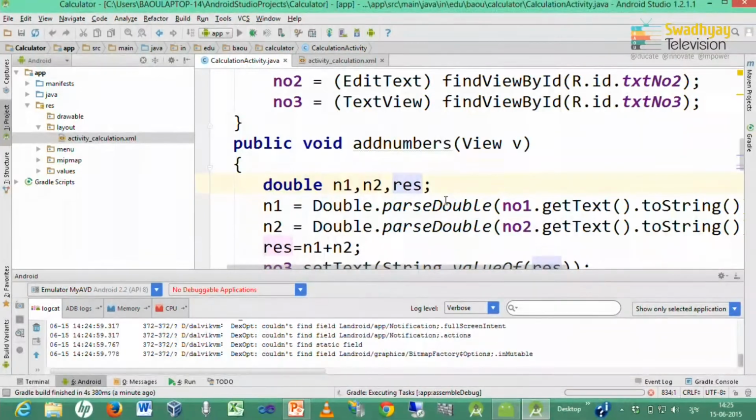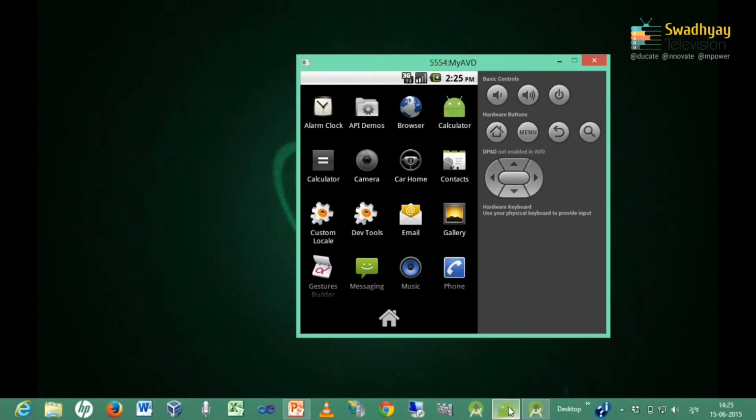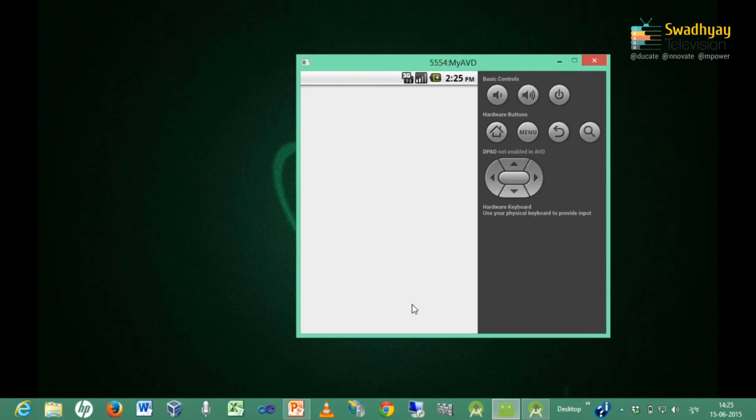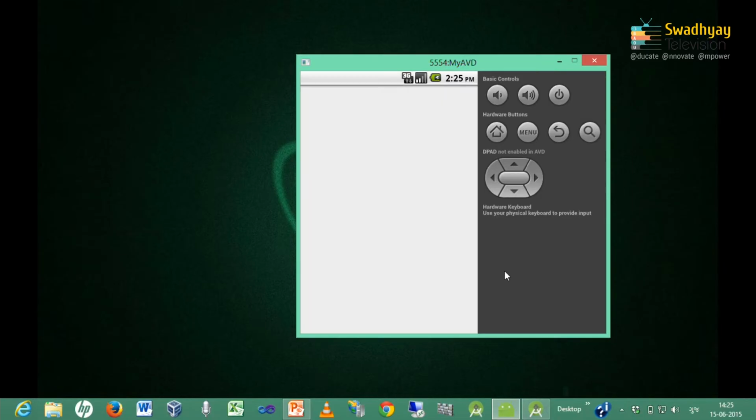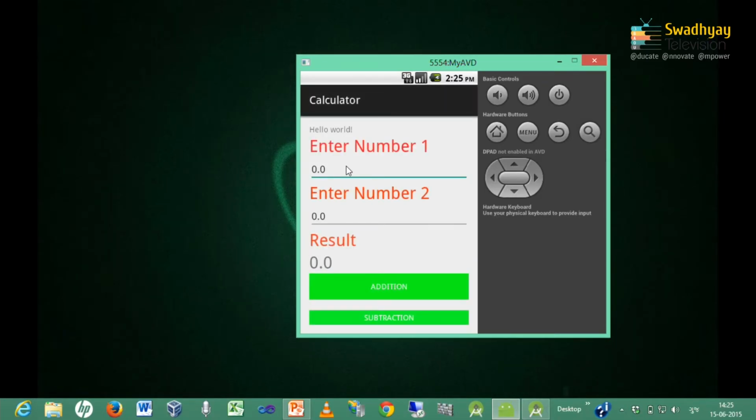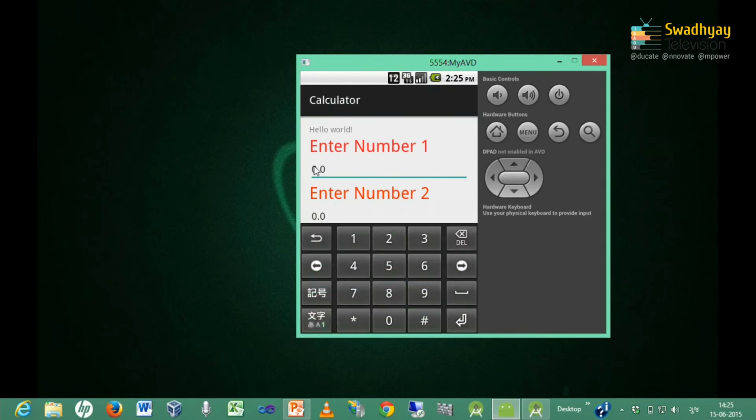Again I have to launch, because backspace will result in ending of these. So, when I click these, it will show number keyboard in edit text. Now, suppose I want to